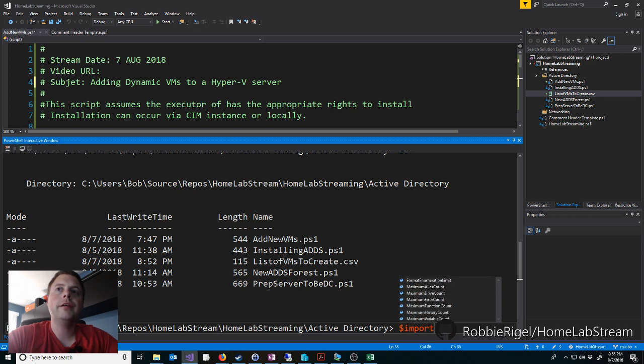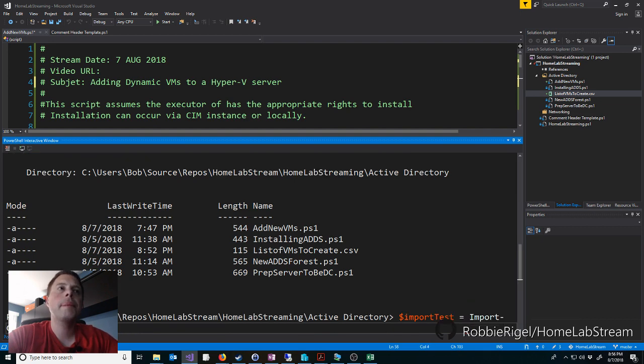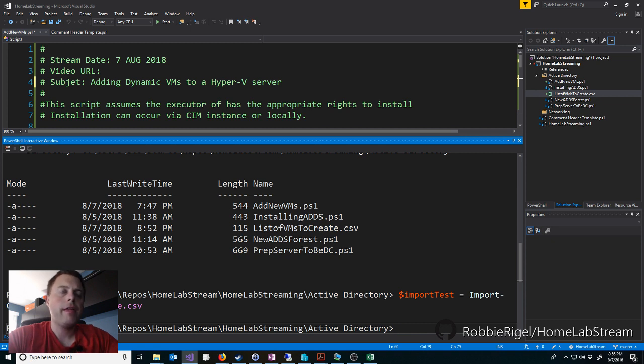We'll just call this import test. We don't want to use the same variable name we're using in the script, because if we run testing of the script here, it's not going to like it. So we're going to do import test here, and we're going to do import CSV. And then hopefully it'll auto-complete a list of VMs to create. And then if we just do our import test,